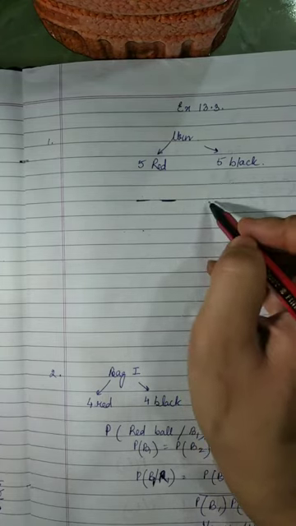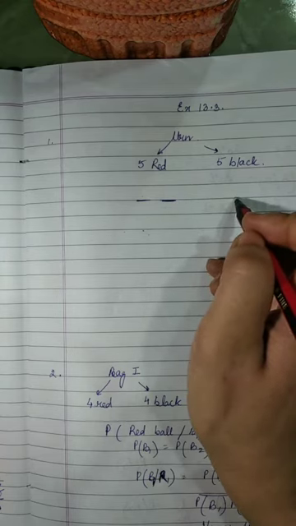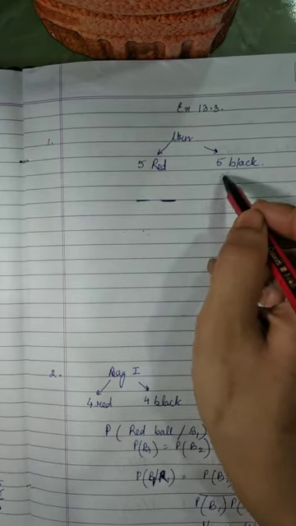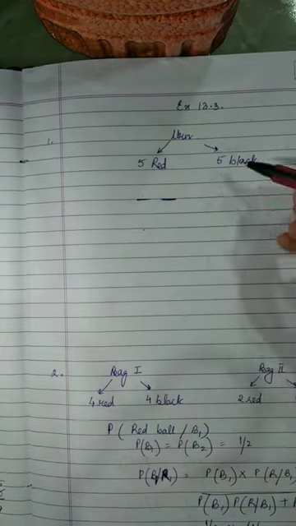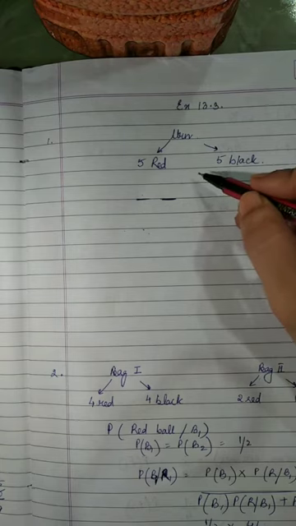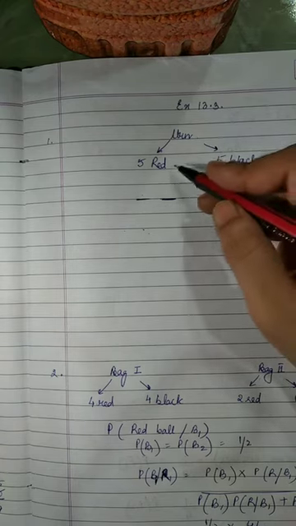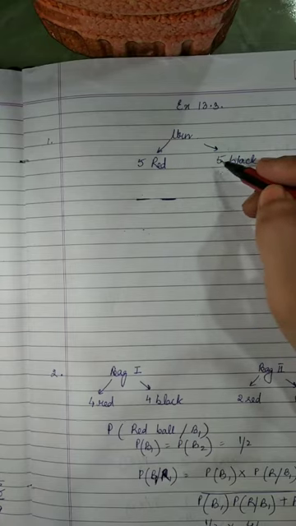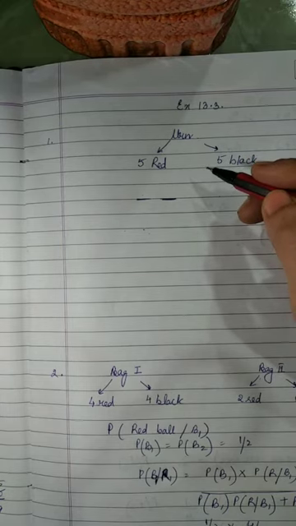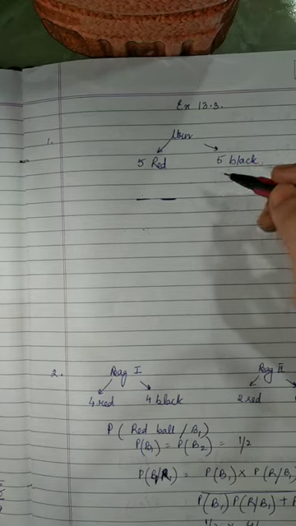Then if in my first draw I have a black color ball, in that case, remember, what will I have to do? I will not be keeping the same color ball back in the urn, right? Because it is already mentioned in the question that a ball is drawn, its color is noted and it is returned. Moreover, 2 additional balls of the color drawn are put in the urn, and then a ball is drawn at random. What is the probability that the second ball is red, right?